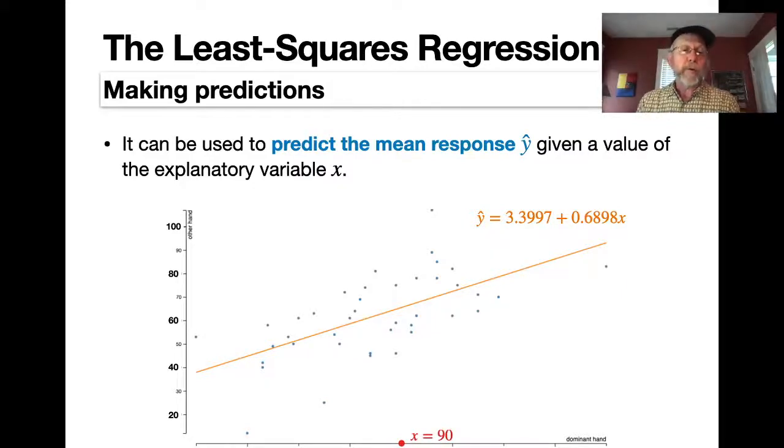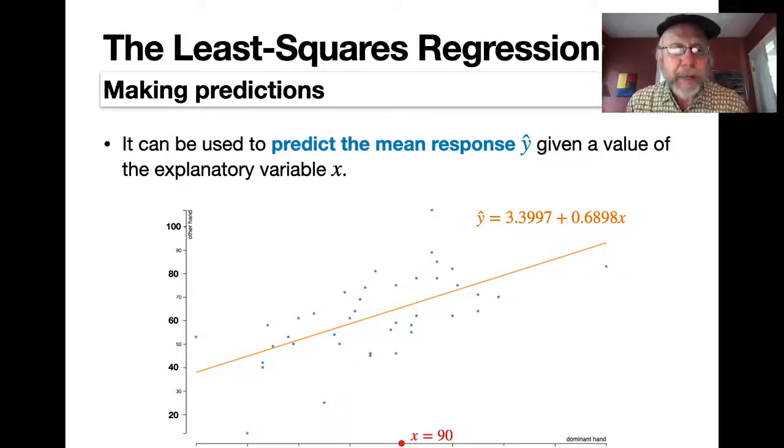Think about someone, for instance, who could make 90 hash marks in 30 seconds using their dominant hand. If you look at the graph, there's a range of possible values for the other hand performance, and just eyeballing it, it looks like that range would extend from maybe 50 up to maybe 80 or so. What the trend line does is model the mean response that we would see if we could observe essentially